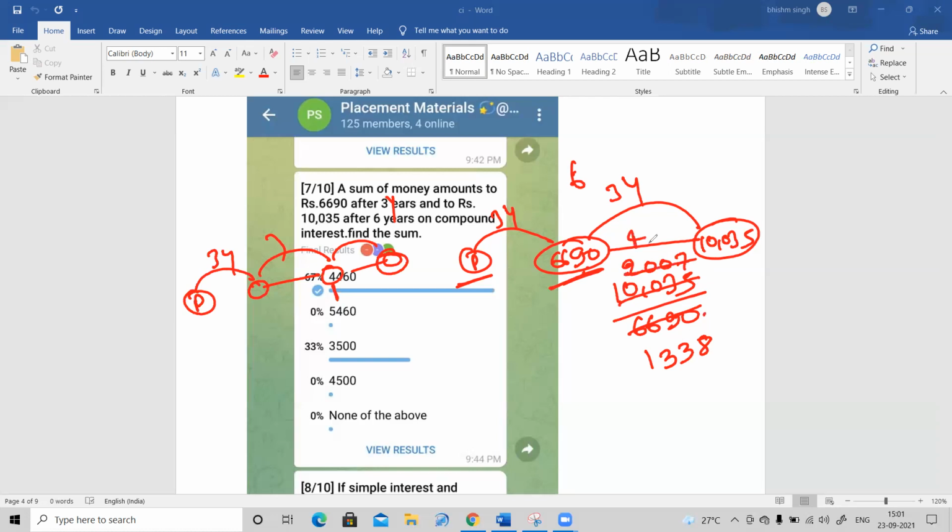5 4 ja 20. Sorry, this is the 2007 I will take here, and 1338. This will go by 3 3 6 ja 18, and 2 and 0 again 3 6 ja 18 here, and 3 9 ja 27. 669 is here, and 3 4 are 12, 3 4 are 12, and 3 6 are 18. So 669 divided by 446. Okay. So I think this will go by like 223.